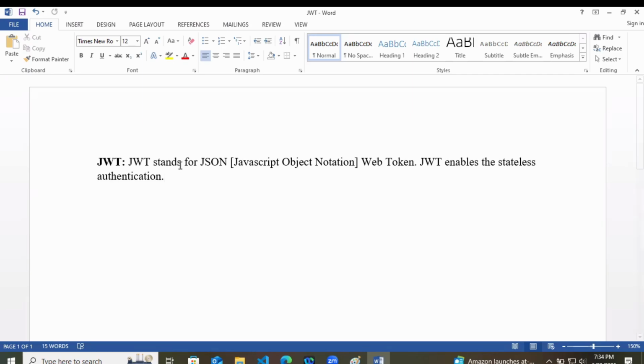So JWT stands for JSON Web Token, and it enables stateless authentication. Working of JWT.